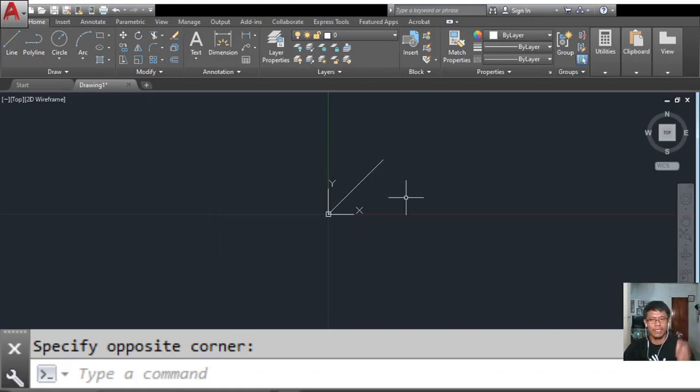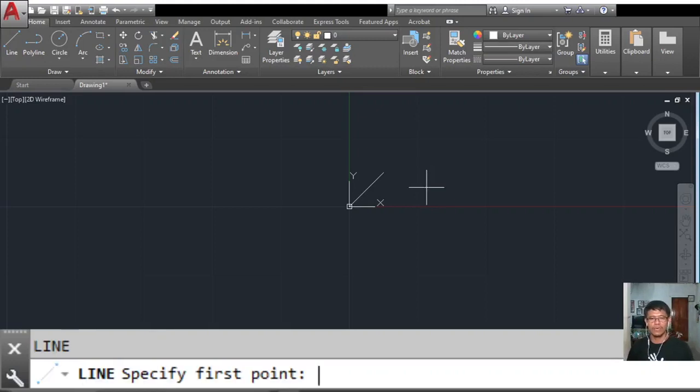Okay, so let's take another one. Another line. Just type line, Enter. So you have to specify the first point. AutoCAD wants you to locate an absolute XY coordinate. Let's say I want my line to be drawn starting from the second quadrant. So going back to what we discussed a while back on the review of the Cartesian coordinate plane, in quadrant 2, the signs of these two numbers are both negative. So I'll press negative, let's say negative 4 and negative 3,